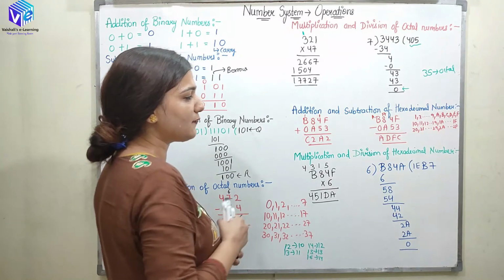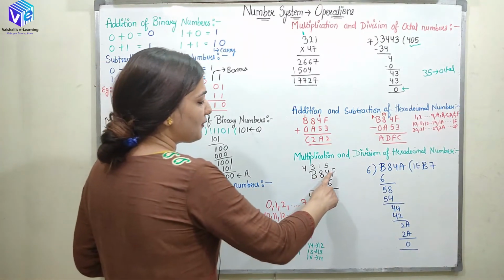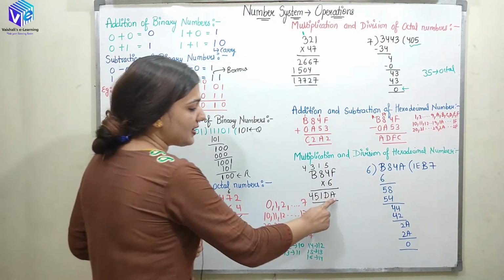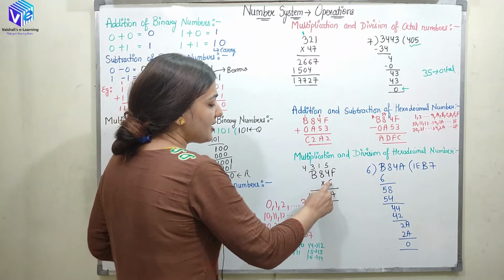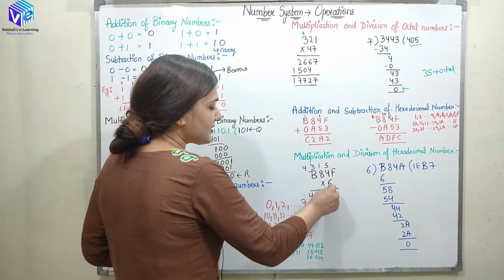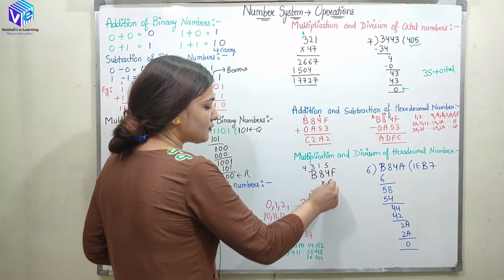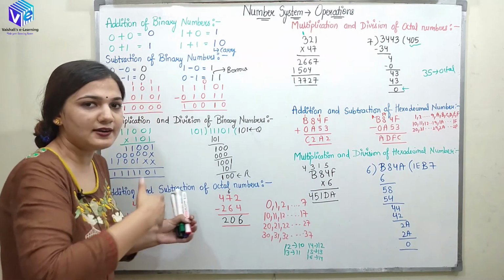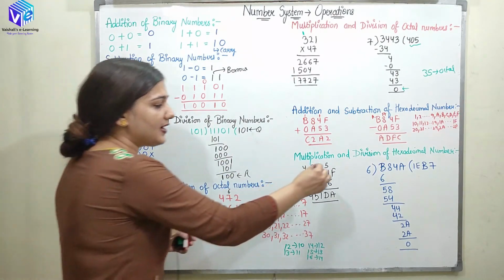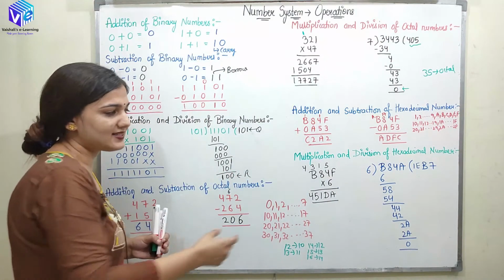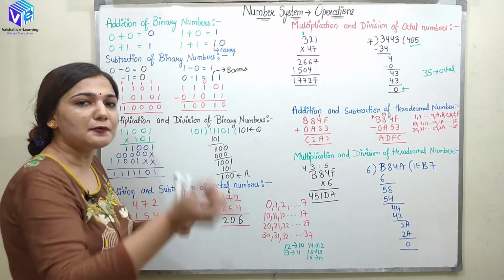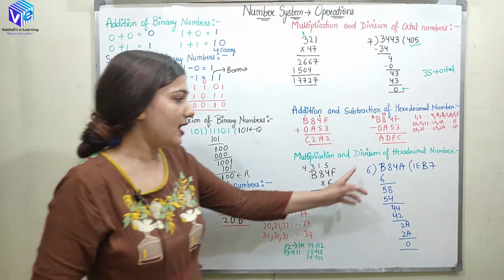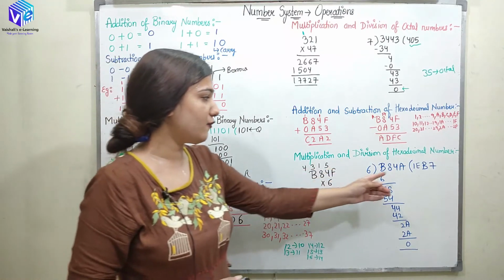Coming to the multiplication and division of the hexadecimal number, so B84F is multiplied with 6. When F is multiplied with 6, I am going to get 5A. So A is represented over here, 5 is going to the carry. 6 into 4, if I add 5 and multiply 6 with 4, I am going to get D. So this is how you can use this chart, you can multiply, you can find out the equivalent number, right? You can represent F with number 16, you multiply with 6, then you can convert to the hexadecimal, right? Or you can use directly the chart. Answer will be 451DA.